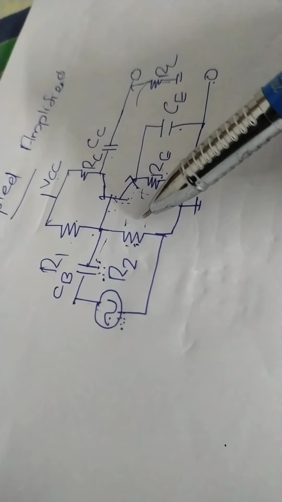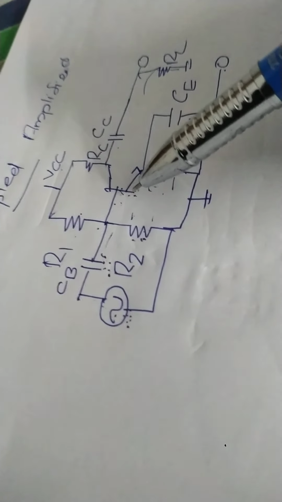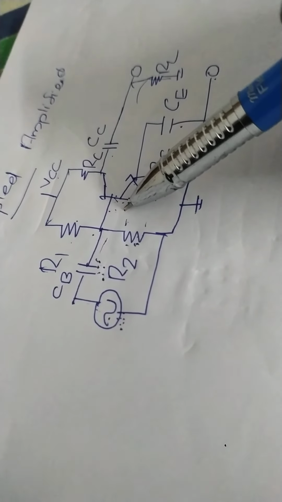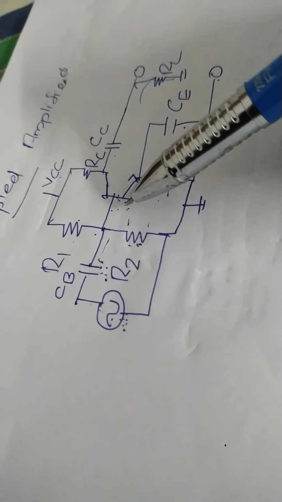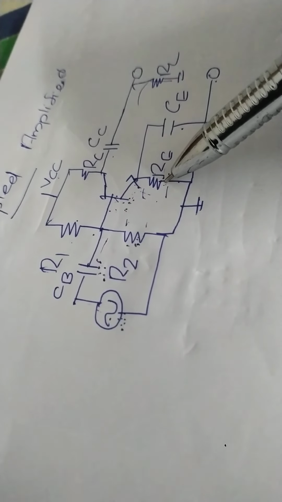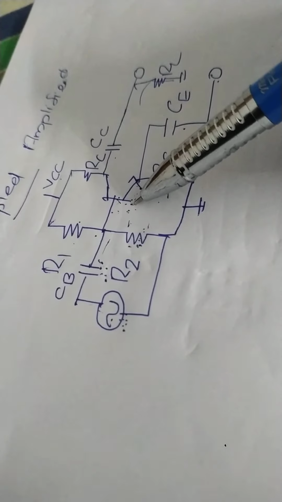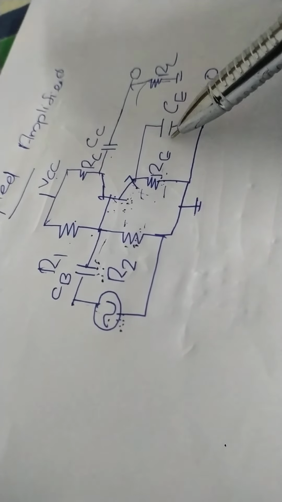If the input voltage reduces, the emitter-base junction will go into reverse bias. To work as an amplifier, the emitter-base junction should always be in forward bias, for which a sufficient voltage drop is needed. If a voltage is developed across this emitter resistance, this voltage will decrease and it will not work in forward bias condition. So to avoid this problem, we use a bypass capacitor.